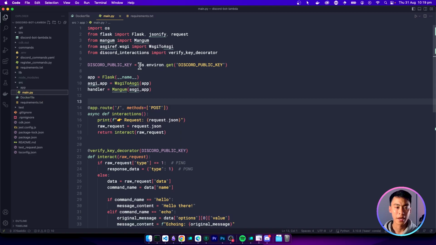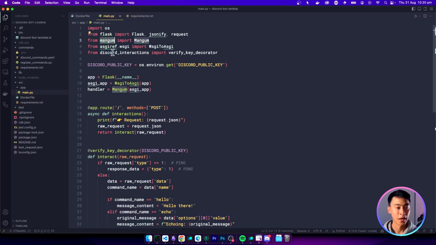When we run this main.py file as a Lambda function, it doesn't really have an endpoint like when we run it as a server or when we run it locally in our terminal. Instead, Lambda just sends this big blob of data to our function, and it needs a handler, which is the function that will receive this data and do something with it. So we have to do a bunch of stuff to kind of convert that request into something that Flask will understand. So to solve that, we're going to use these two packages.